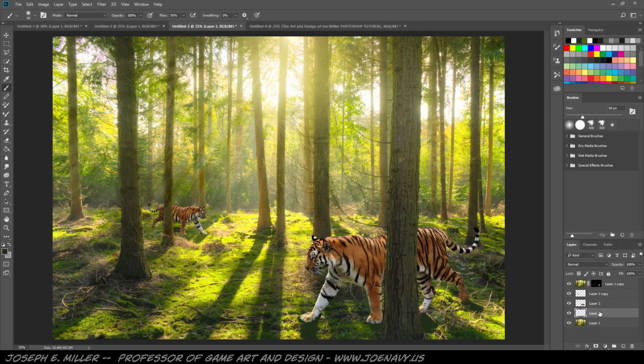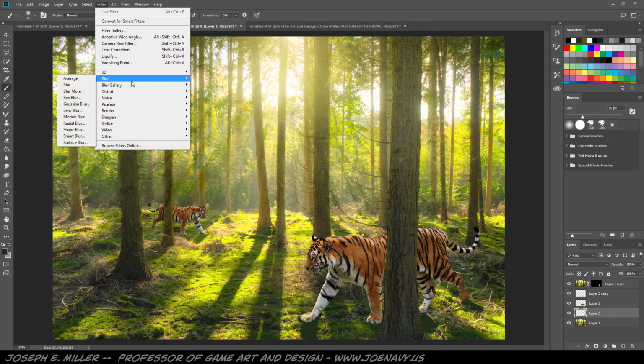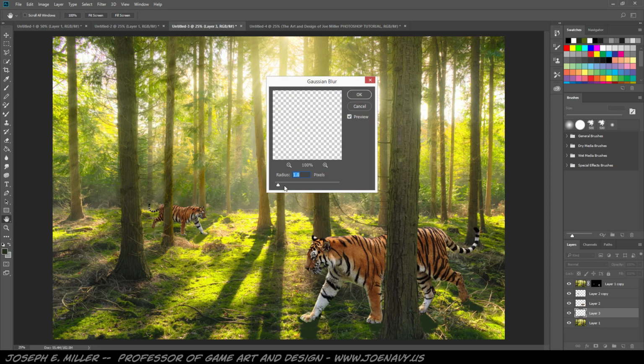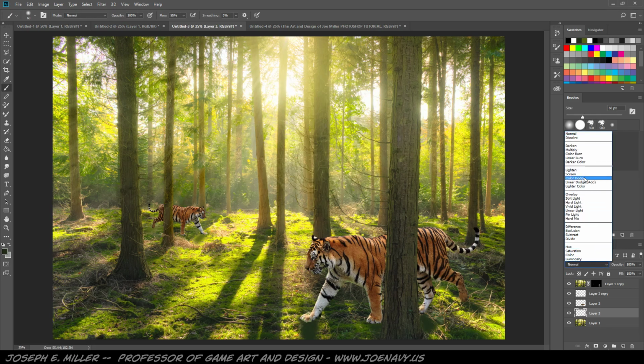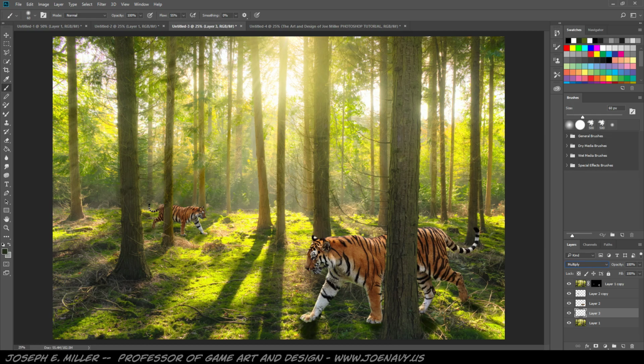Now go back to your shadow layer, go up to Filter, Blur, Gaussian Blur, blur your shadow, go to your layer mode, hit multiply,